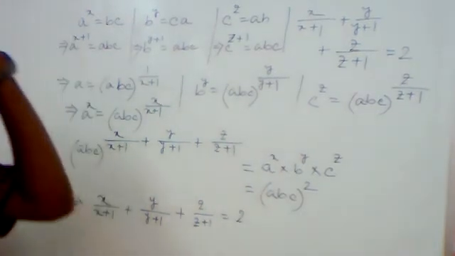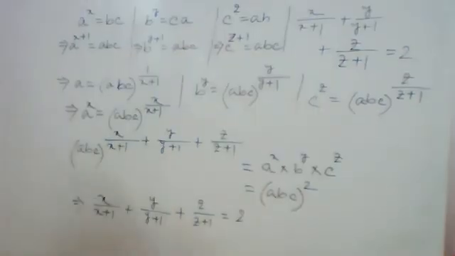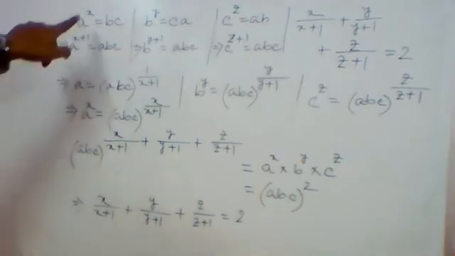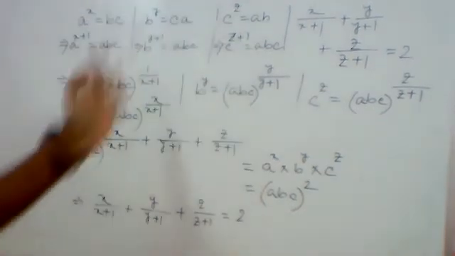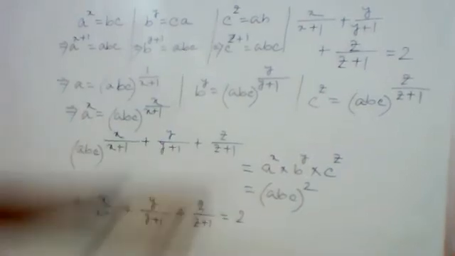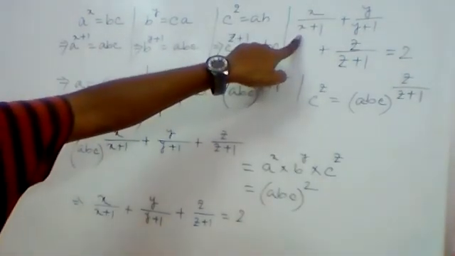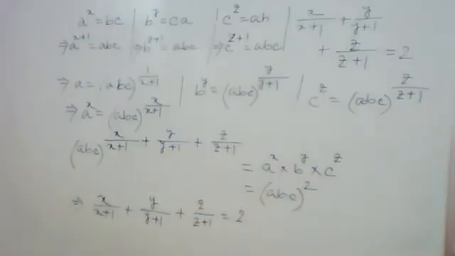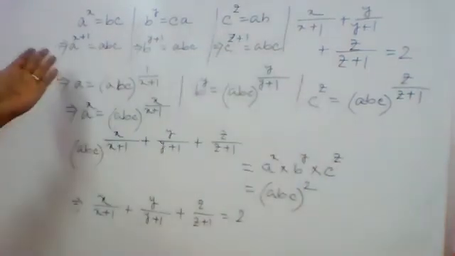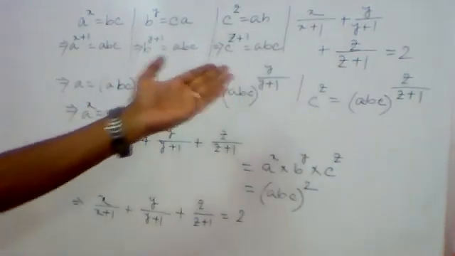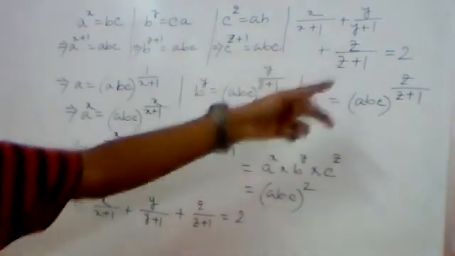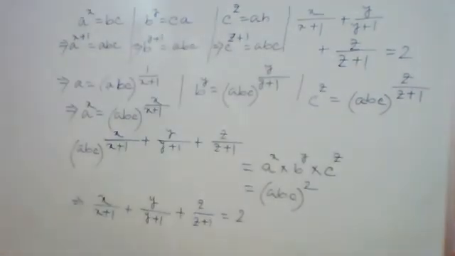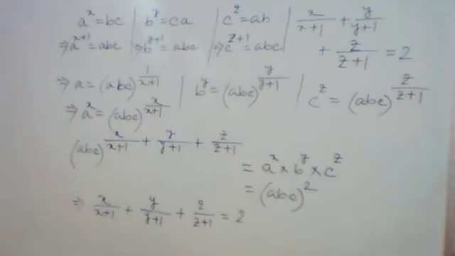In this question also, we have to observe from where we will start. The powers are given in terms of x, y, z. So somehow we have to convert the powers into either x by x plus 1, or y by y plus 1, or z by z plus 1. Directly we cannot do this. So we need first x plus 1. That's why here we have multiplied a, b and c respectively to have these powers and proceed this way to have the required result. Okay. It is also a matter of practicing. Otherwise, these solutions cannot be kept in our mind.